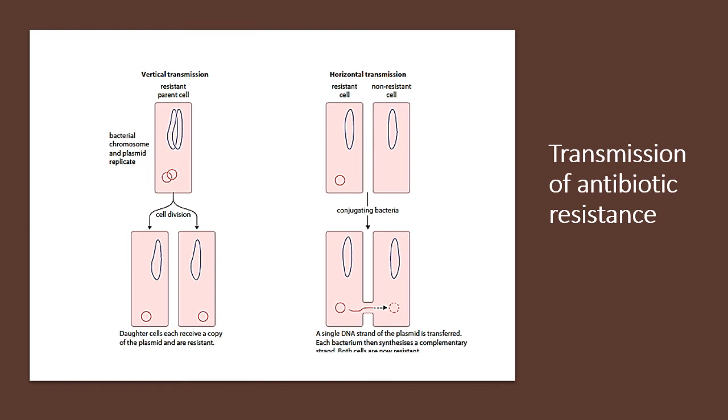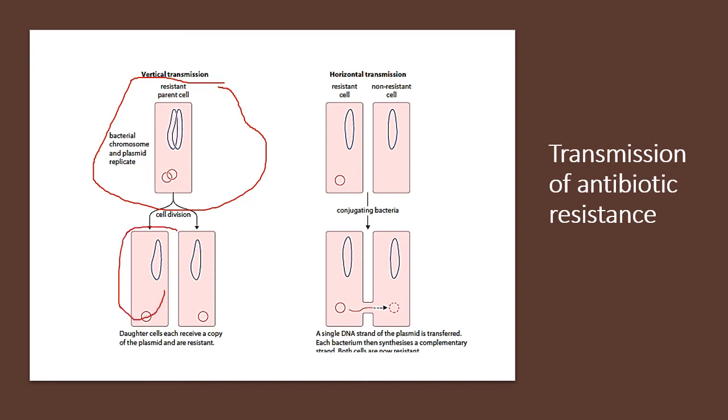This is just an image from the textbook that we've been using. It's the course book, AS and A-Level Biology course book by Mary Jones and a couple of other authors. And this is just an image from there to show you how vertical and horizontal resistance would happen. So in vertical transmission, you would see that you have a resistant parent cell. You can see that. And what you have there is a replication of the DNA loop as well as a replication of the plasmid. Now, when cell division happens, which simply means that the bacterial cell splits into two, you